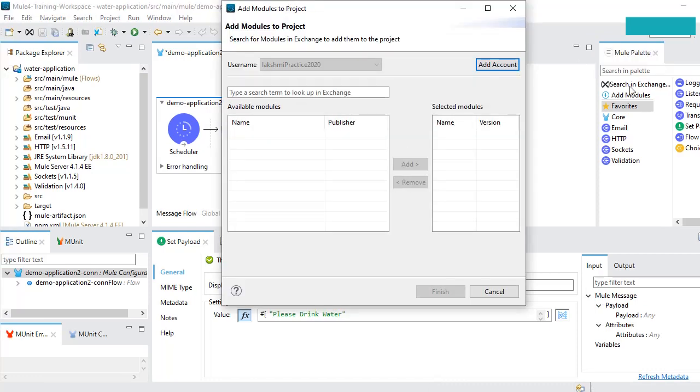Once you click on it, it will open this pop-up window for you. Here you need to configure your CloudHub account details by using add account. As I have already added it, it is showing by default for me. You need to check for CloudHub.